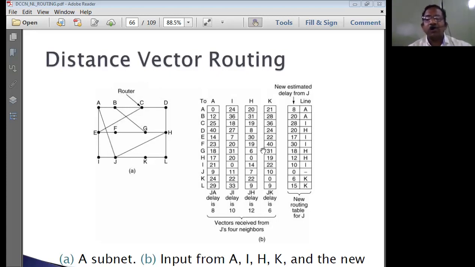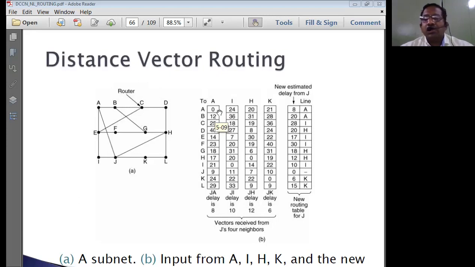So that is the reason why that example has been taken here to explain. I have taken that example of time delay to explain the routing table. Router A is going to maintain a routing table. If router A wants to transmit a packet to router A, how much time does it take? Zero time. There is no delay.